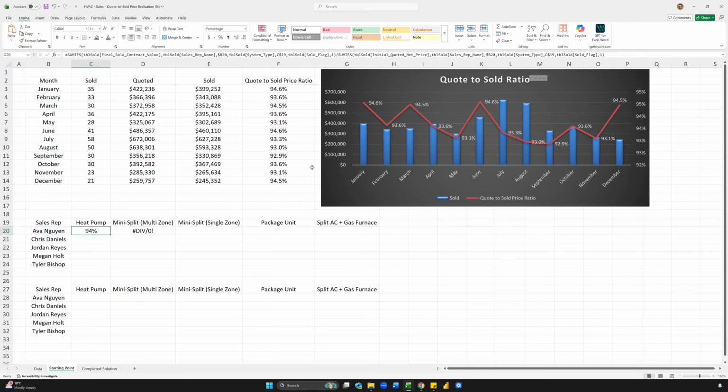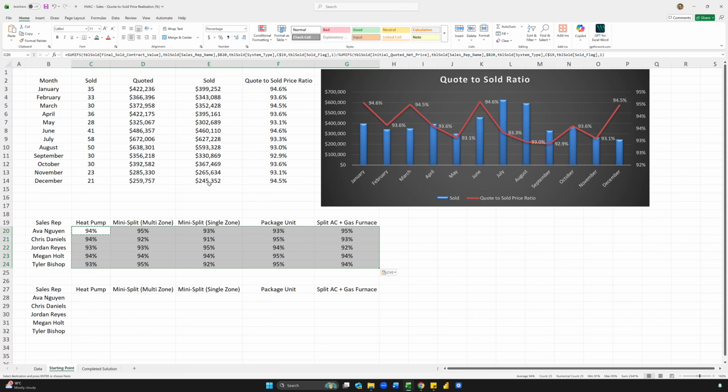And then now you still won't be able to drag it over, and that's just the nature of tables. And so you'll see here, again, the table is changing. Final sold contract value becomes quote to price realization percentage. But if you copy and then paste, everything works. And I'm going to add a decimal to this. Again, this is dummy data, so it's going to be